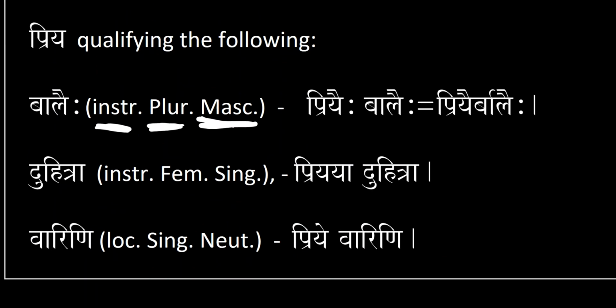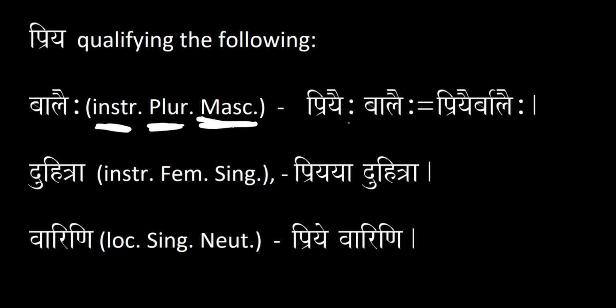You have to decline priya as kupaha. So you have priyaiha, baalaiha, and this visarga, the sandhi between priyaiha and baalaiha, is going to become priyair baalaiha, because this visarga is going to turn into a ra. When a visarga is preceded by any vowel except a or ā and followed by a soft consonant, it turns into a half ra, or a ra with a halant on it.